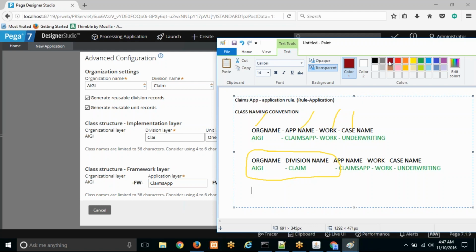Suppose I want to have a feature only at the division level. Then I will just give the org name, and the class name of the rule that I'm going to develop will be just AIGI-claim. The moment I give the class name as AIGI-claim, it means that I'm going to develop the feature only at the division level,